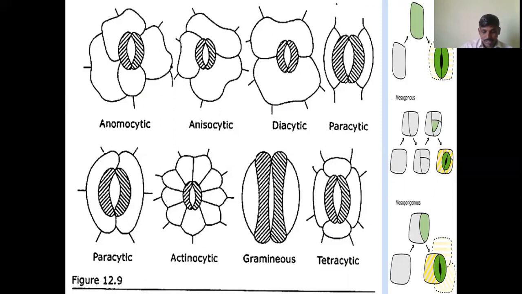So these are the different types of stomata. They are cyclocytic, actinocytic. Cyclocytic means 4 to 6 subsidiary cells are present. Among the 6, 2 are small and appear in circular shape, and they are exactly above and below the guard cells. Example, Poaceae family members. So these are the various types of stomata.